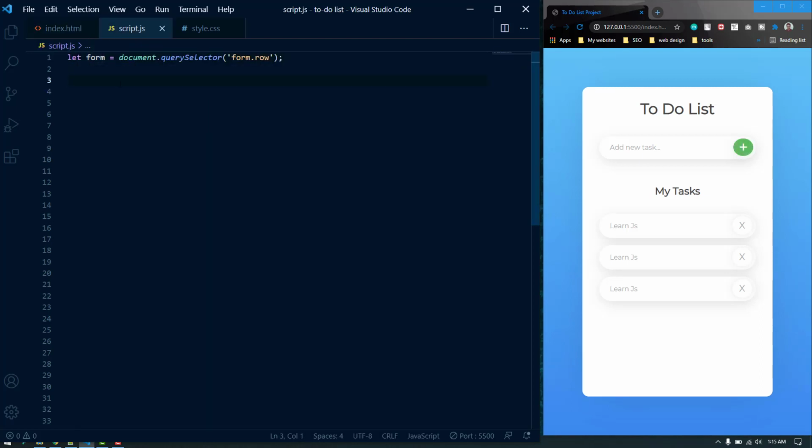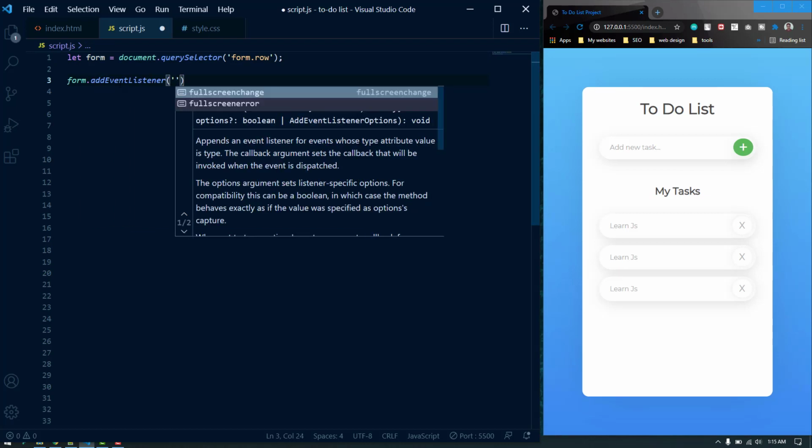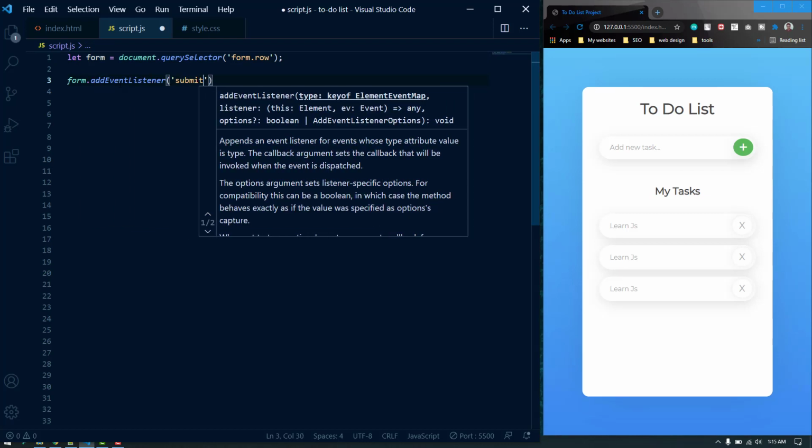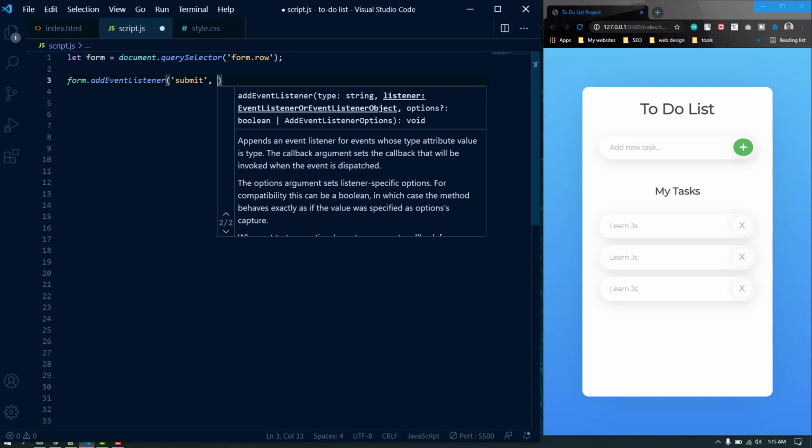So let's target the form, and we are going to add an event listener with it. The event is submit. Now we are going to add a function. We can use the function, or we can use an ES6 feature, which is the arrow function.